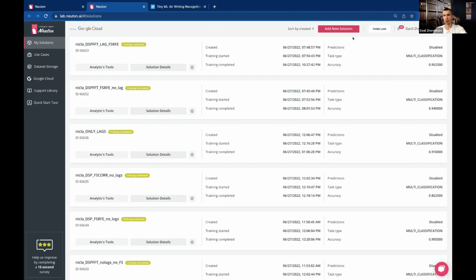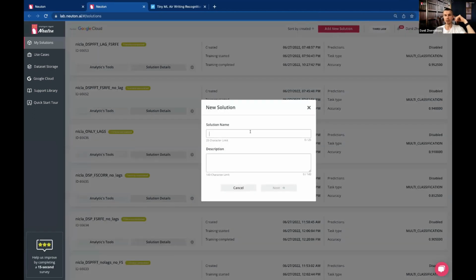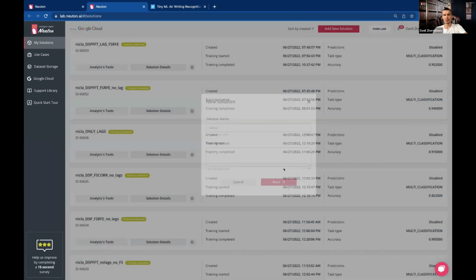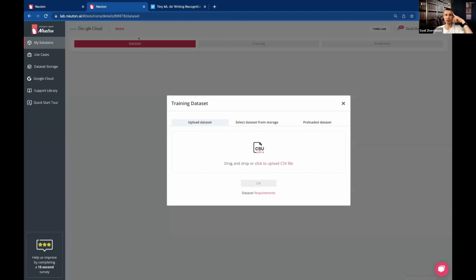So to train a new model, you click this button here, add a new solution. You just give it a name. Let's say demo. And the three steps that Blair had mentioned, well, here they are. You upload your data, you configure and perform training under the training tab, and under the prediction tab, you can download your model and look at some analytics and all the other things the platform has to offer. Now, regarding data upload,